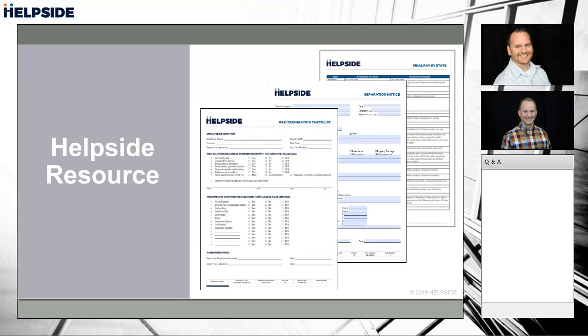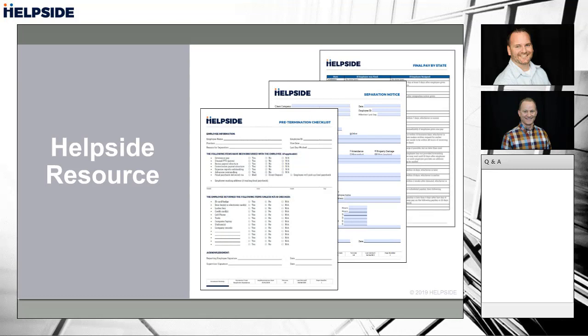So this pre-termination checklist is right there, that top one. It's an extra step. Nobody really has to sign this. It's not a requirement. But it's one more thing to remember before you walk into a termination, especially if it's emotional. If you're heated, the employee's heated, I can't believe you did that, are you kidding me, get out of here, you're fired, you're not going to think about these things. So before you walk into that termination meeting, review the pre-termination checklist to see if you're going to pay a severance. That top section right there, severance.